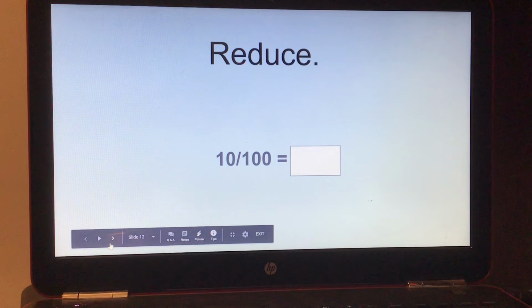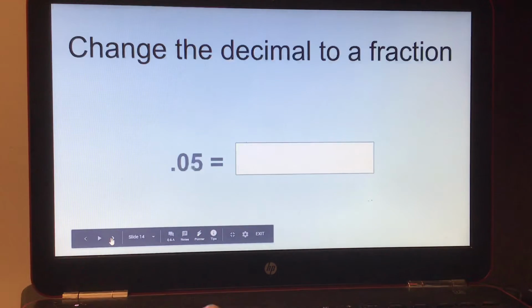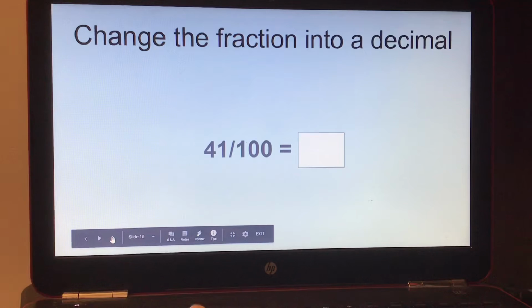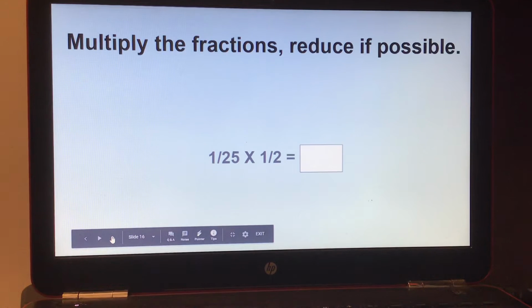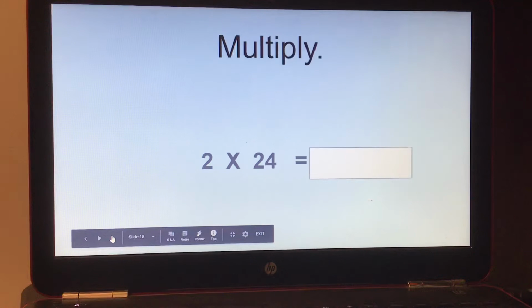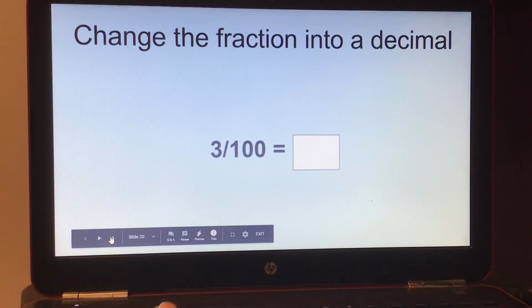reduce, which fraction is bigger, change the decimal to a fraction, change the fraction into a decimal, multiply the fractions, reduce if possible, put in order from smallest to biggest, multiply, divide, change the fraction into a decimal,